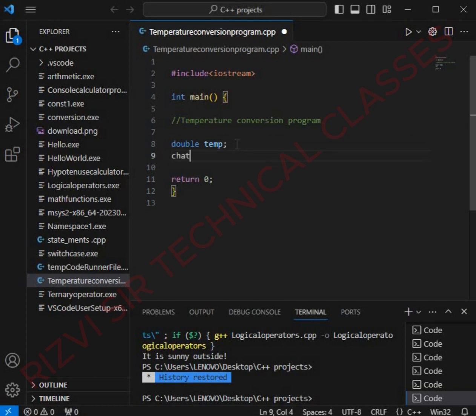That would be char unit. Unit could be Fahrenheit or Celsius. The user can select Celsius or Fahrenheit. Now, with my program, I would like to add a title at the beginning. I'll just go ahead and type std